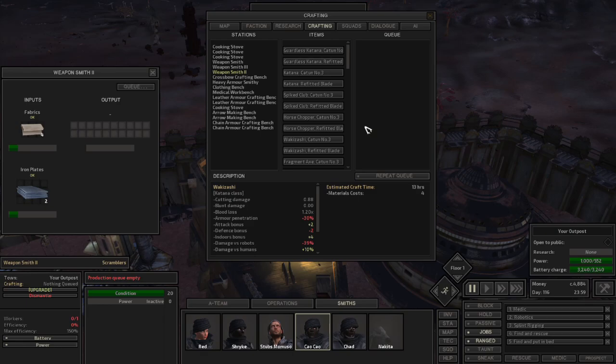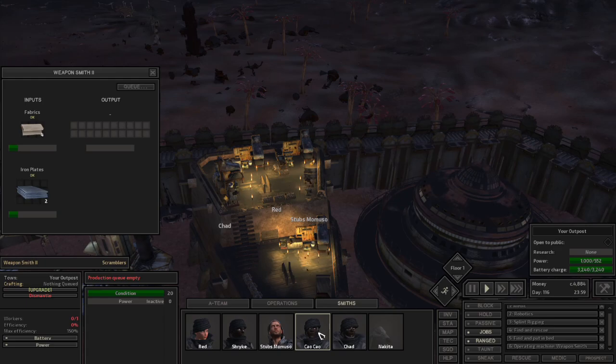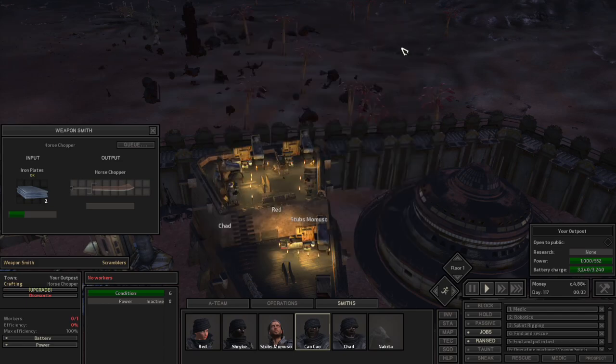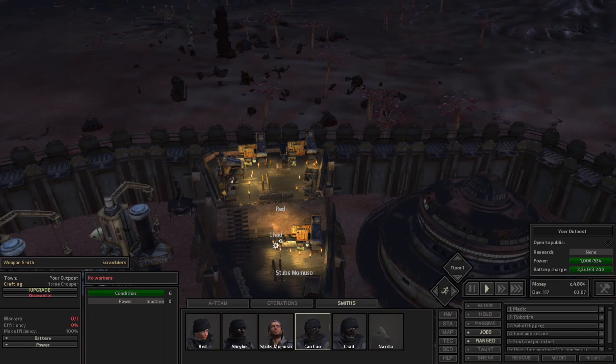The other thing to keep in mind is that let's tell this guy to go weaponsmith over here, and he'll go make something. We'll tell him to go make, we'll just say a horse chopper, just because it doesn't really matter what he makes, and we'll see when he gets over there. But basically, he has a very high skill. He's hurt right now, so he can't make the best weapon he can. But on a refitted blade on this bench, he's probably going to make a cat number 1 blade because his